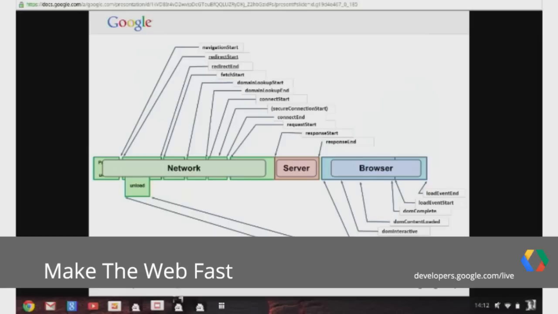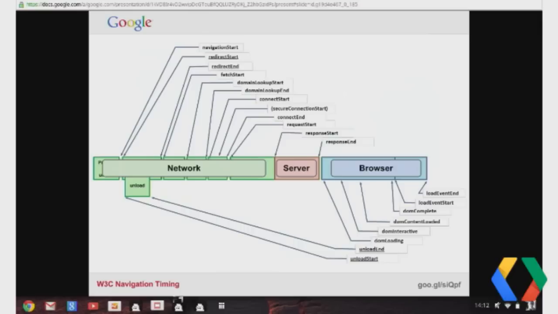So really, all of these black labels in here, what they tell you is for each of these labels, the browser actually captures a timestamp when the page is rendered. And it allows us to introspect into this entire workflow for any page and see how long each step took, right? So this is really awesome because up until maybe a year ago, we didn't even have this capability. The only thing we could measure at best is some timing in the browser, but then we didn't have any visibility into the network.